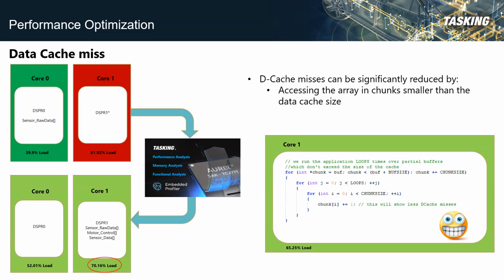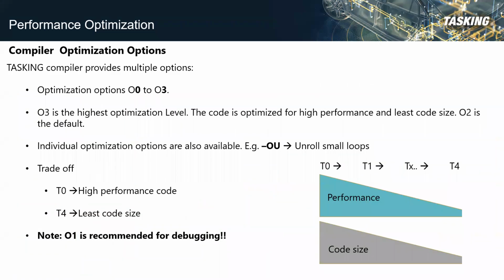So we can see whether we can do some kind of compiler optimization option in order to meet the OEM requirement. Tasking offers many compiler options to optimize performance and code size. So our main target here is to increase the performance gain as we have enough flash size available on our microcontroller. So if you see the tasking optimization options, there are optimization options available from O0 to O3,